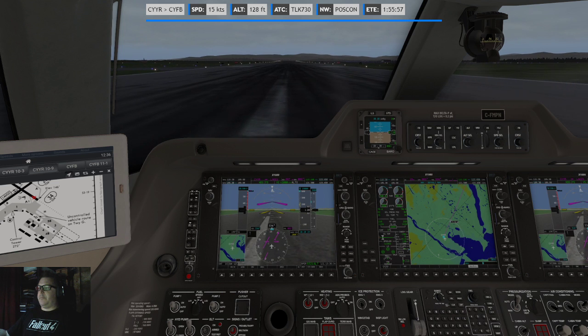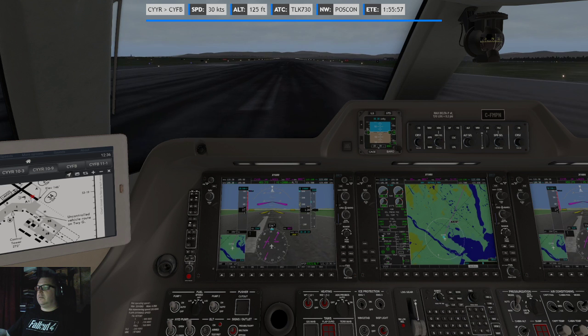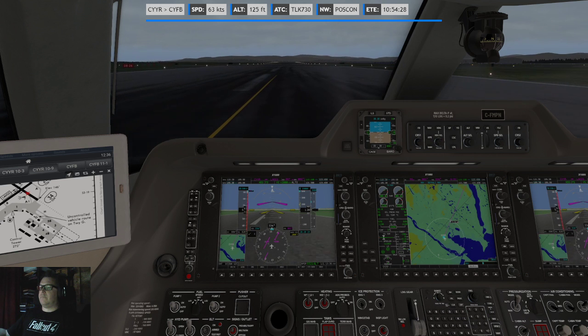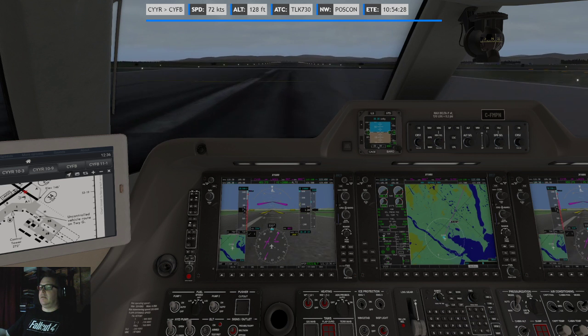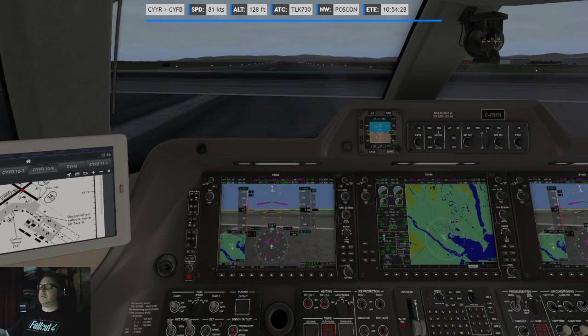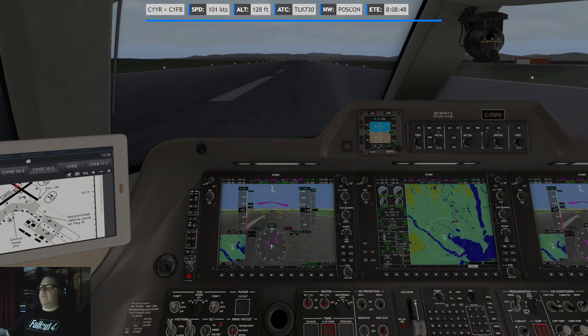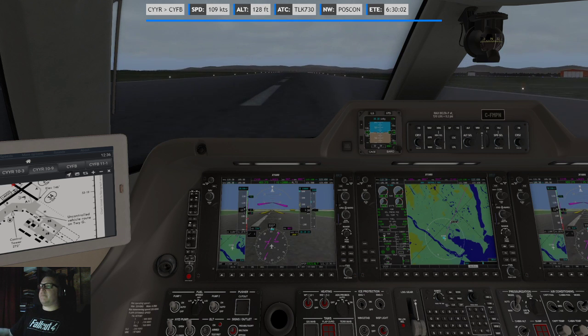And power set. Airspeed's alive. 80 knots. V1 rotate.